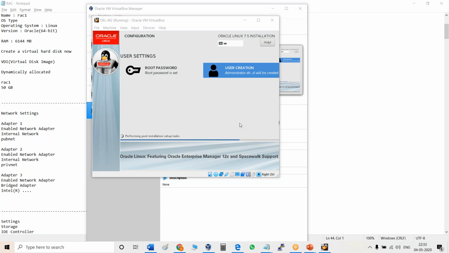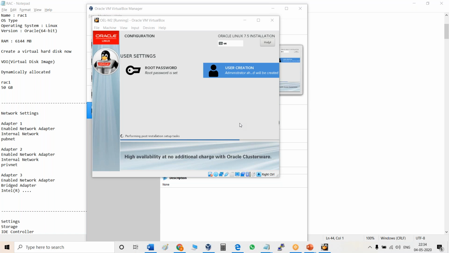So I can use 4 GB plus VM, right? Yeah, for a virtual machine you can use minimum 4 GB, but for database installation 6 GB is better. But you have 12 GB, so you can give 5. If you are creating a normal database on one machine, you can give 8 GB to that machine, and in that you can install the database.